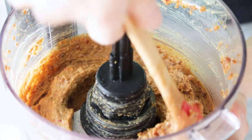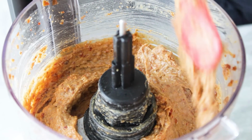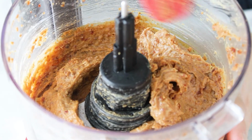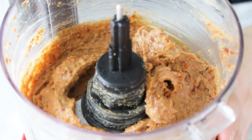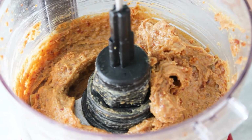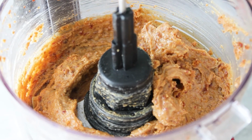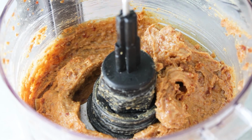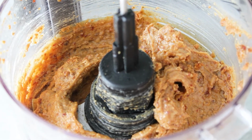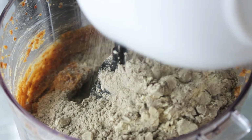So I just drizzled in my cashew milk, and that's why it's also nice to do it in your food processor, because then as it's going, you can stream in the cashew milk. I might need a little bit more. Once I start adding the dry ingredients, we want it to be a dough, but I don't want it to be too stiff. So I might add a little bit more, so I'll keep it on hand, but I'm gonna go ahead and add in my oats, my protein powder,